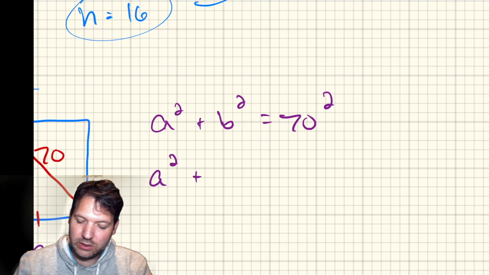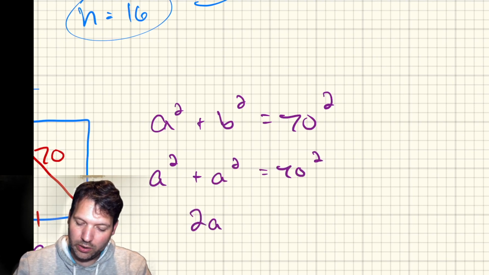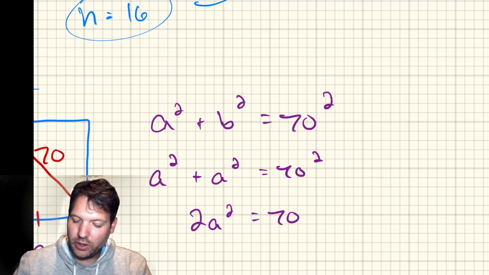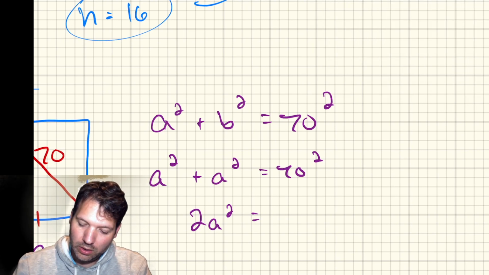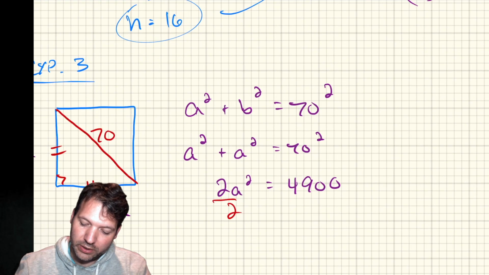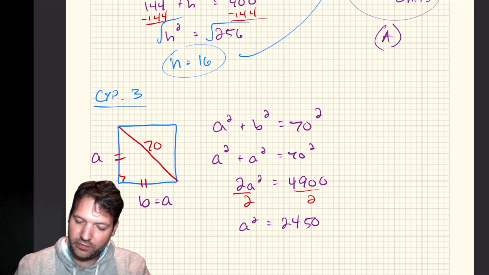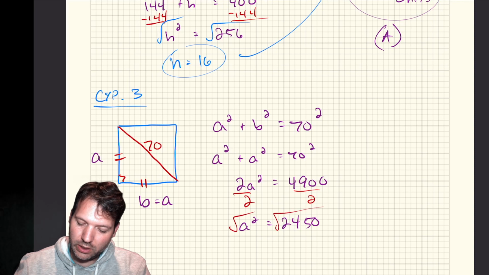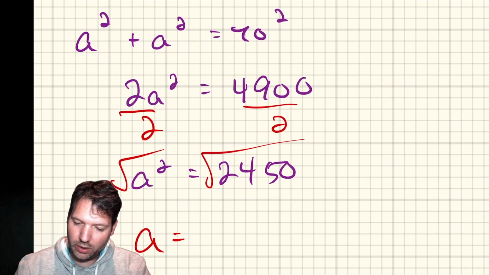And so really a squared plus a squared equals 70 squared. So 2a squared equals 4,900. Divide by 2, you get a squared equals 2,450. Take your square root,